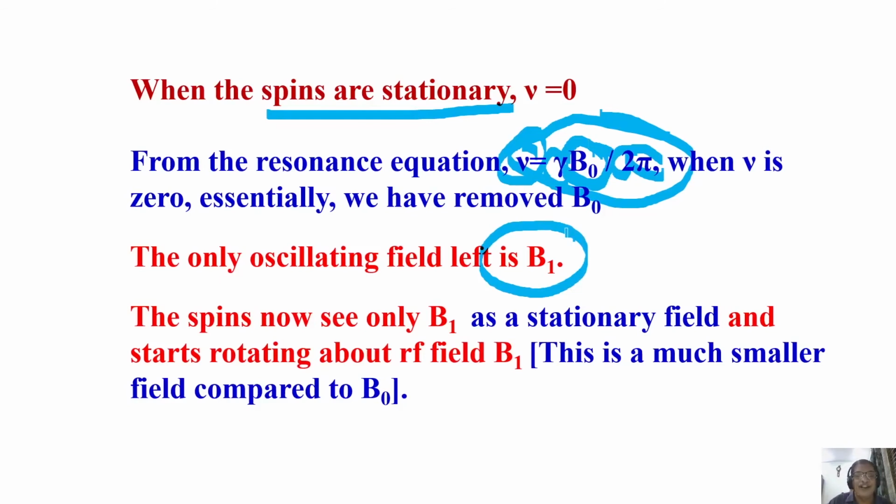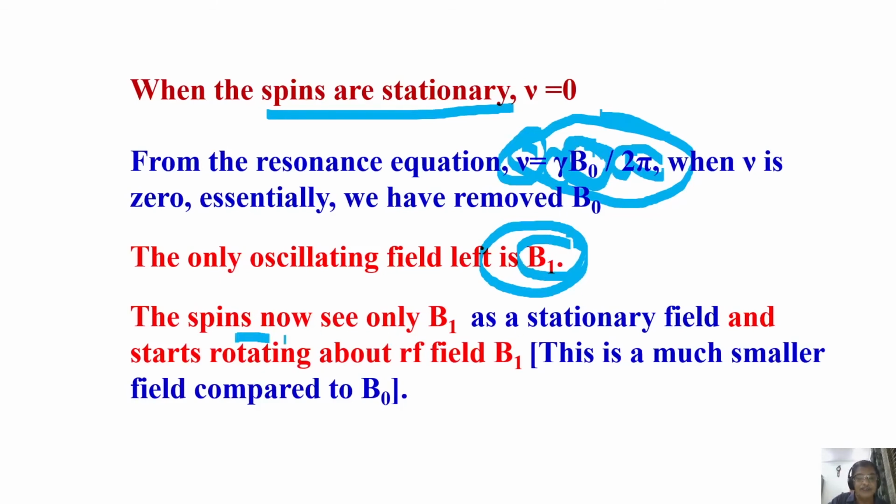This is not a magnetic field of several Tesla; we have not applied that. It's a small RF pulse we apply. And this field, if we calculate, is of the order of much smaller. If I want to express it in frequency, it is about 25 to 30 kilohertz. Whereas the same thing for B naught, if you express in frequency, is 500 megahertz to 1000 megahertz. Remember, 500 megahertz against 30 kilohertz is the difference. It is a very small field we apply. The B1 field is several orders, at least 10 to the power 6, smaller than that of the main magnetic field.